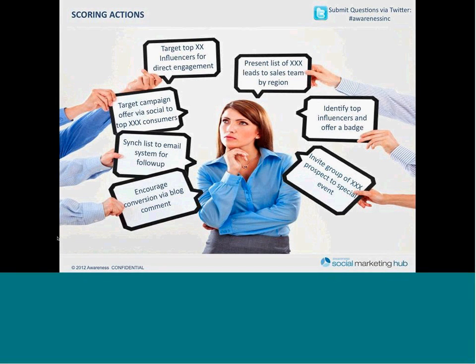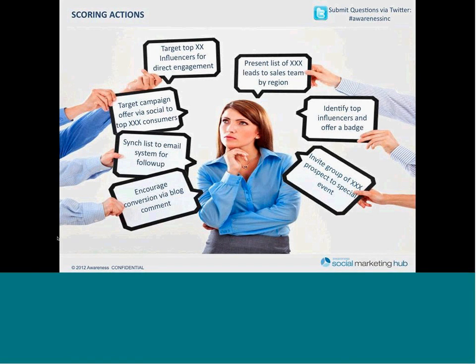This isn't some kind of sleazy slide that I'm trying to put up here or some advertising for pornography, but it's to show you that there are multiple options coming out of the profile. For example, you might want to target your top 10 influencers for direct engagement. You might want to present a list of hundreds of leads to a sales team in a specific region based on how they score. You might want to identify top influencers and offer them a badge, for example, or invite